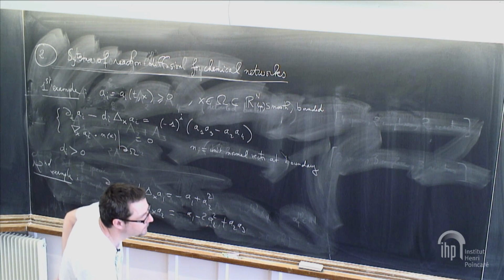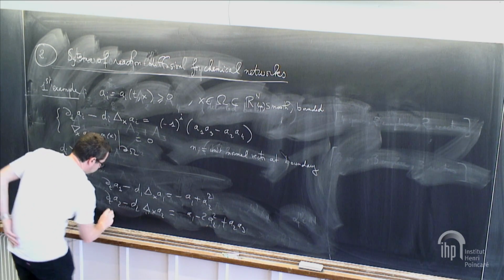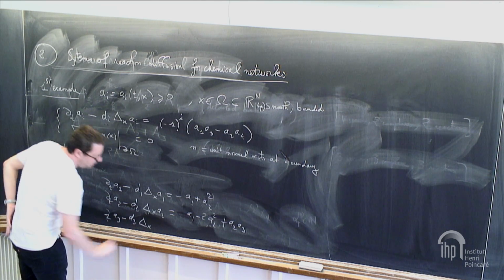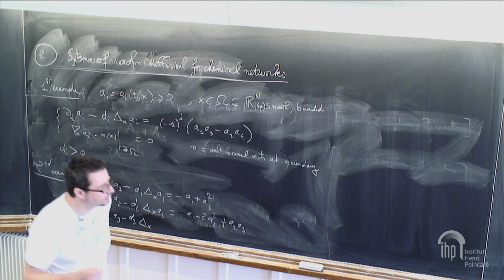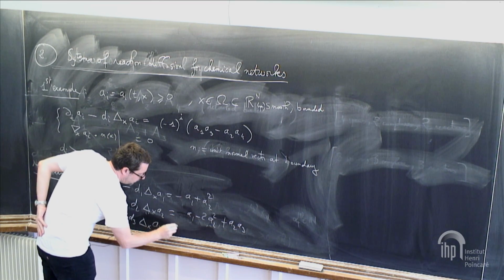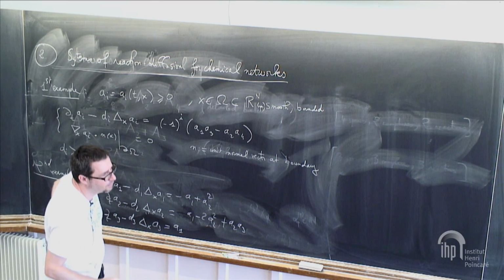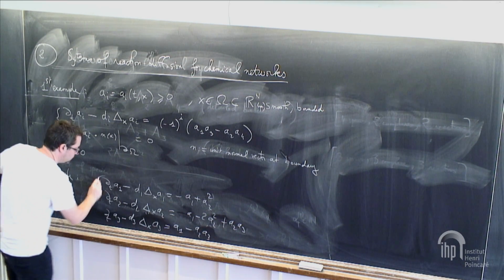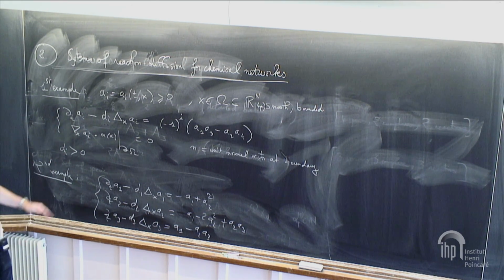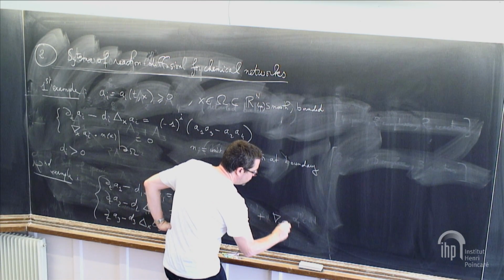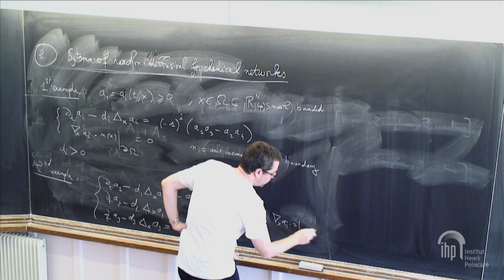And dt A3 minus d3 Laplacian A3 is equal to A1 minus A2 A3. So this is a reaction diffusion system corresponding to the second example, and we still add the homogeneous Neumann boundary condition